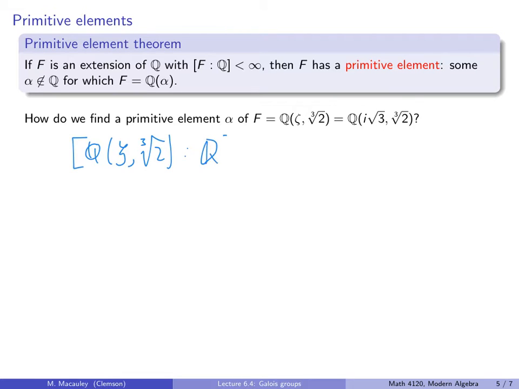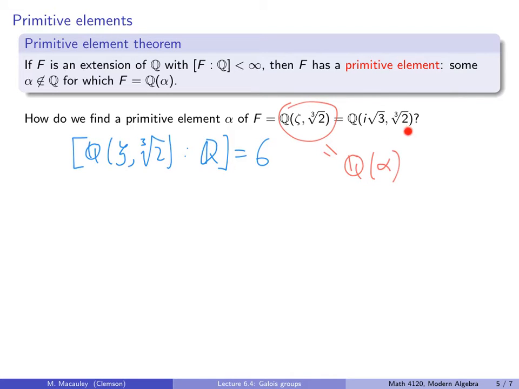6 over Q. So by the primitive element theorem, there is an irrational number alpha for which this field extension is equal to Q adjoined alpha. And I'm asking you, how do you find such an alpha? Because it's not necessarily clear that if we adjoin these two elements separately, that we could have done that with just one. So to help, I'm going to write this field extension, Q adjoined zeta and the cube root of